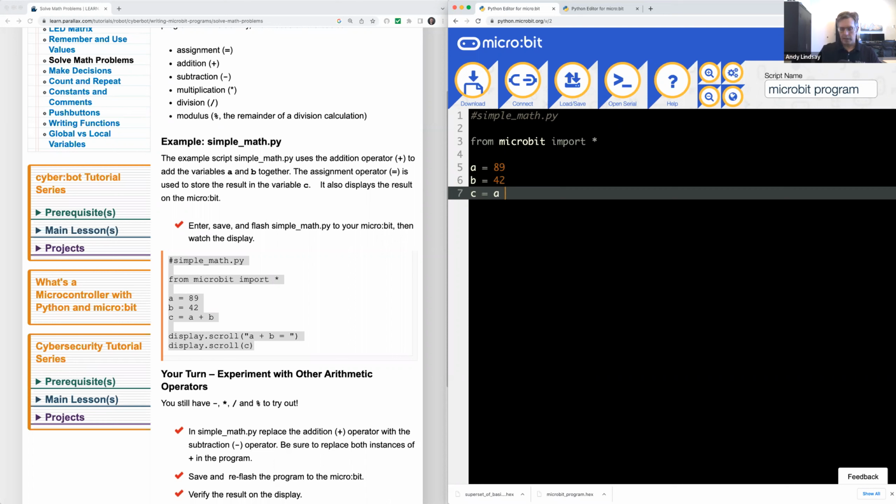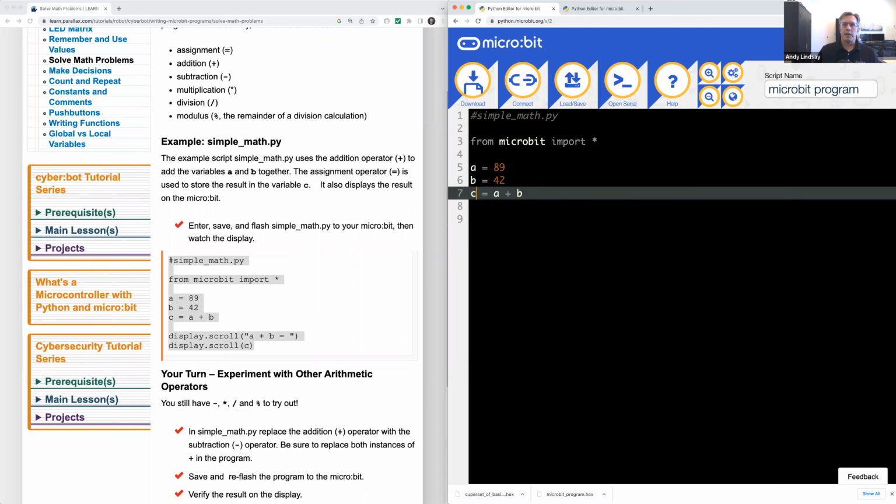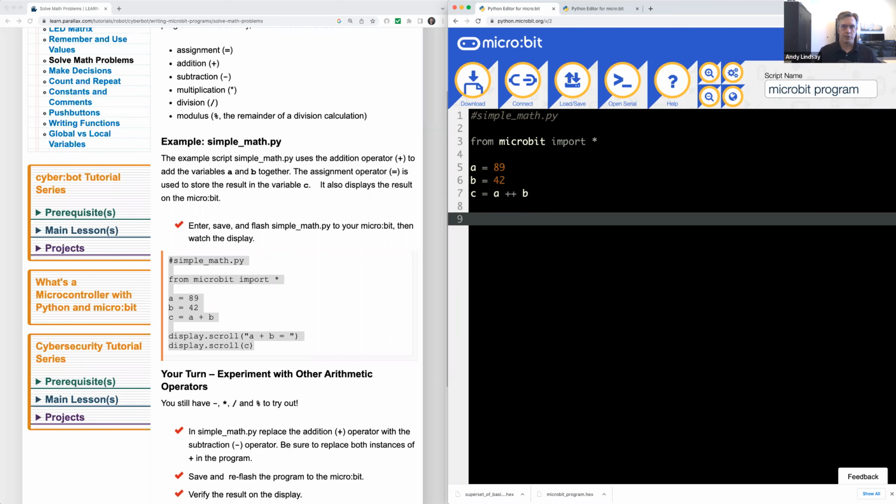students can learn a lot, one, and two, they can also have experiences with making syntax errors. And instead of display.scroll, for the sake of just demoing it to you, I'm going to substitute print for display.scroll here. So print A plus B equals comma